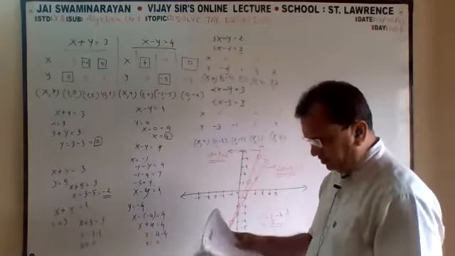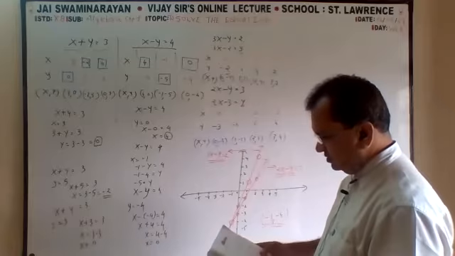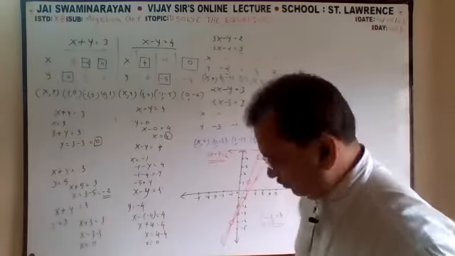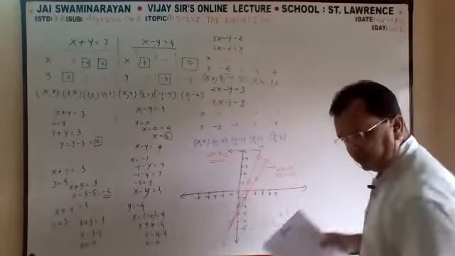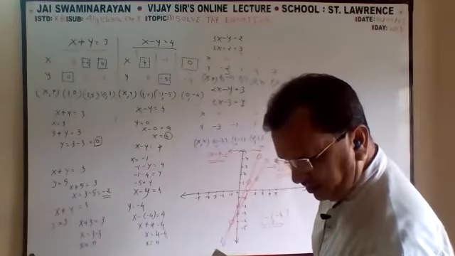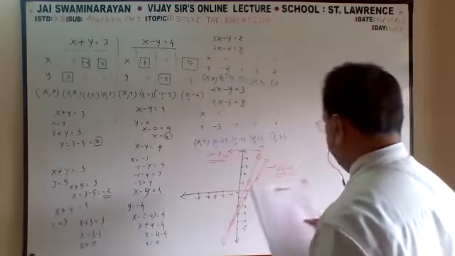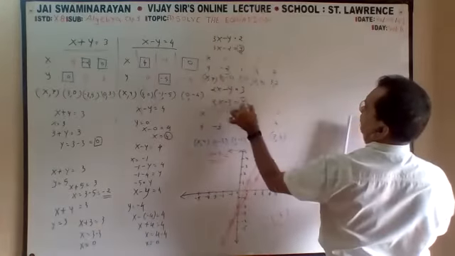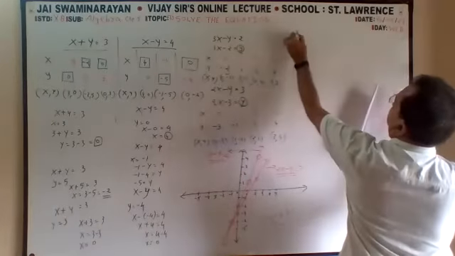One more example. Now this solved example on page number 9, we can solve in a very easy way. In that, see, we made both in terms of y. Now we will do it by x.